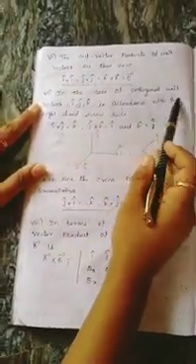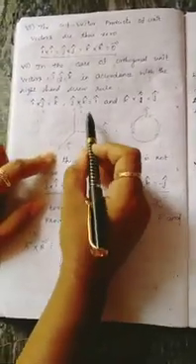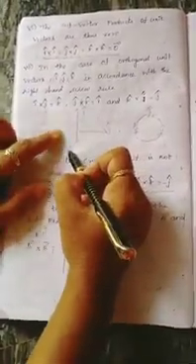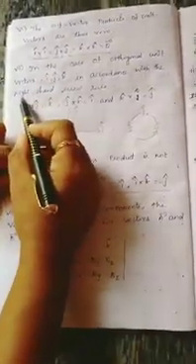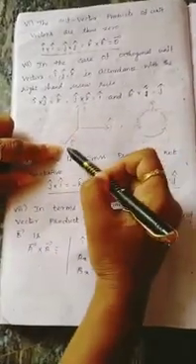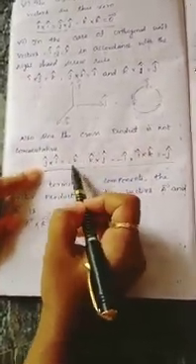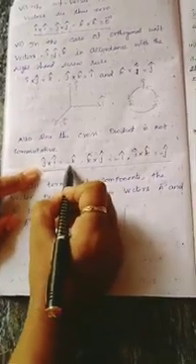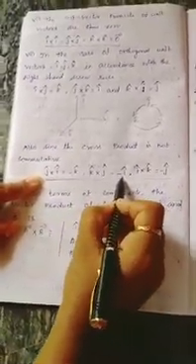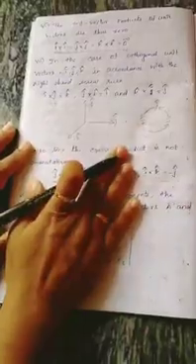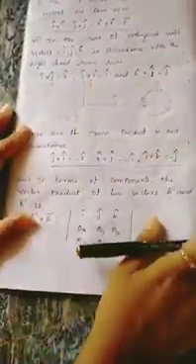Next, in the case of orthogonal unit vectors, if you are taking i, j, k components, it is in anti-clockwise direction. If you are taking i cross j, it is equal to k, and j cross k is equal to i, according to the right hand screw rule. And k cross i is equal to j. Suppose if it is in clockwise direction, it will change into negative. So j cross i is equal to what? Minus k. k cross j is equal to minus i. i cross k is equal to minus j. So this is the right hand screw rule.